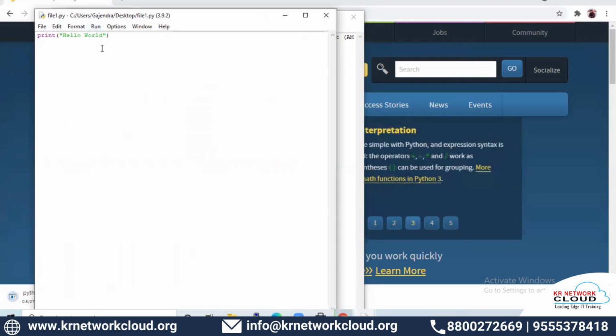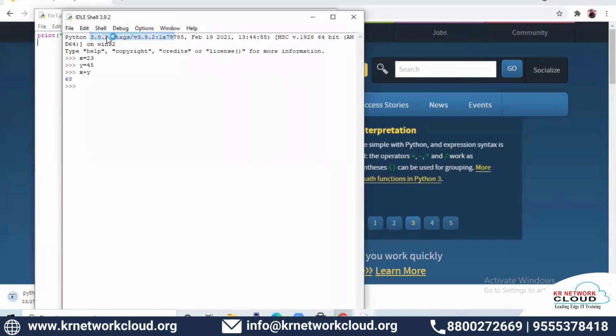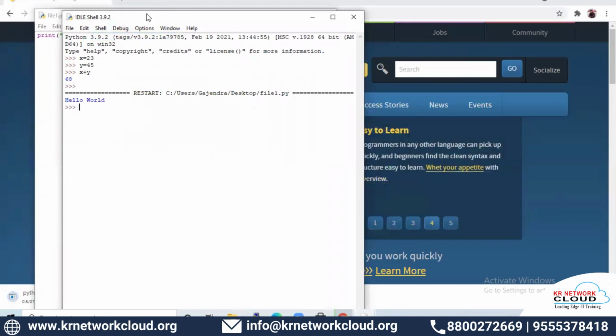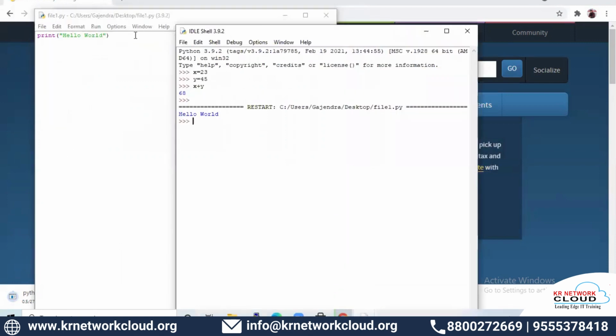And then for running, you will get a run option in your file. Just click on this run button and then click on run module and you will get the output in the Python shell. You have two windows. First one is your file, that's the py file. So whatever code you want to write, you need to write in that py file. And once you execute that file, you will get the output in the Python shell. So there are two windows. So this is how we write Python code and how we execute that Python code.